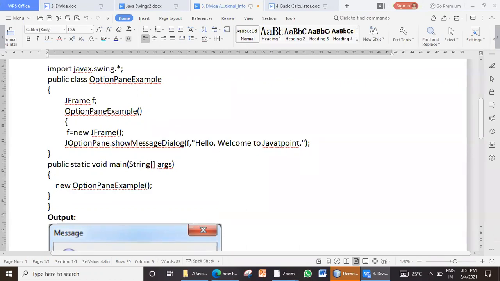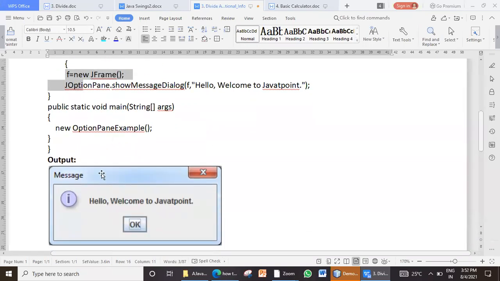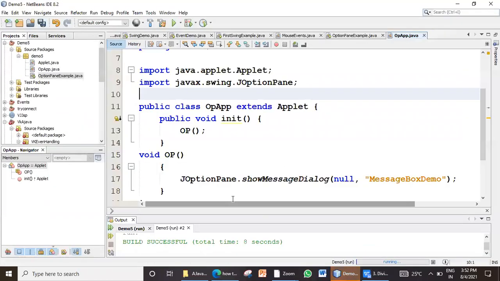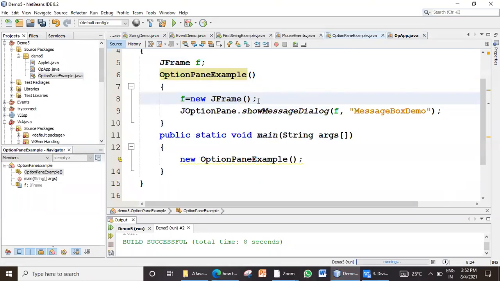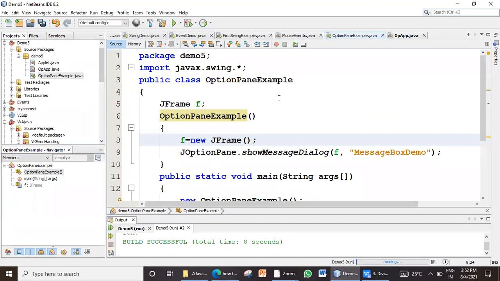So it will call the constructor, that means this code will get executed inside the main method. Once it gets executed, I will see the output like this. Let me show you in NetBeans. Here I have that OptionPaneExample, the same program I just showed you.